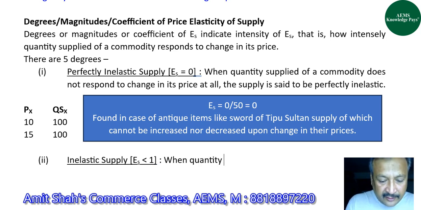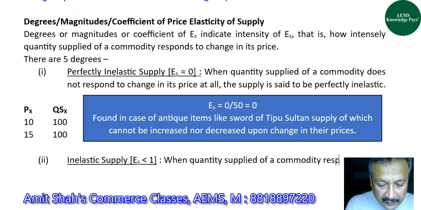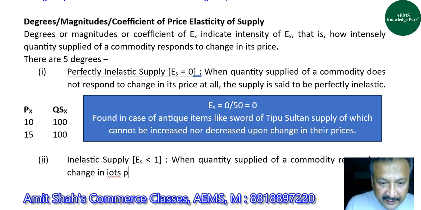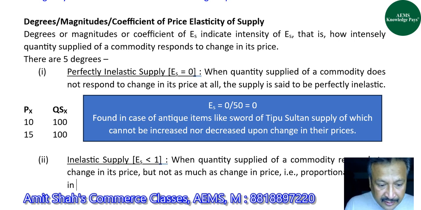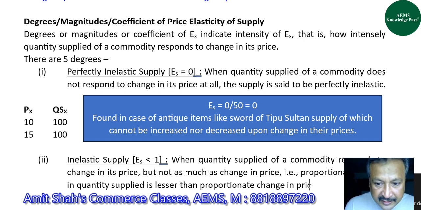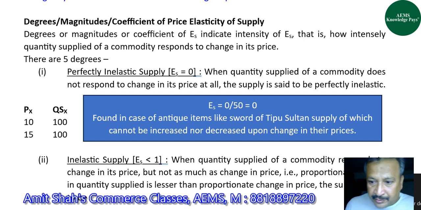So when quantity supplied of a commodity responds to change in its price, but not as much as change in price, that is, proportionate change in quantities supplied is lesser than proportionate change in price, the supply is said to be